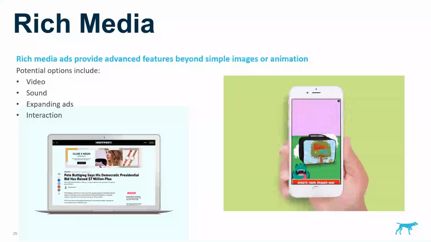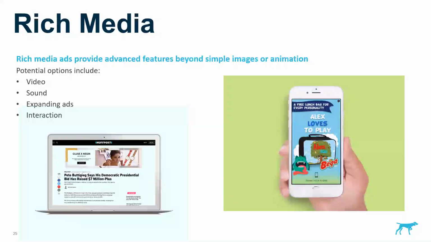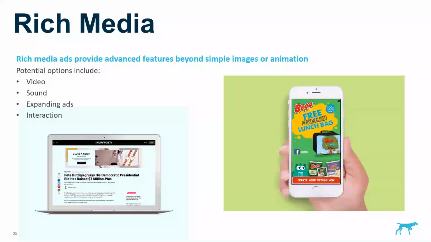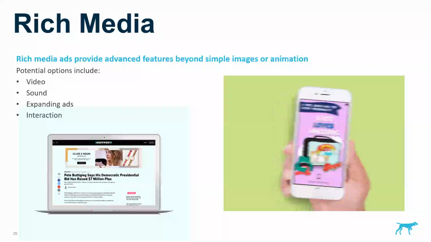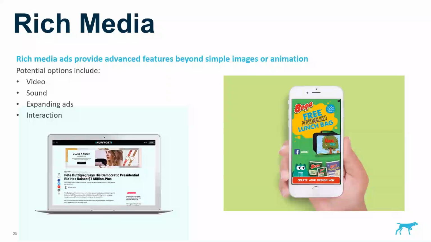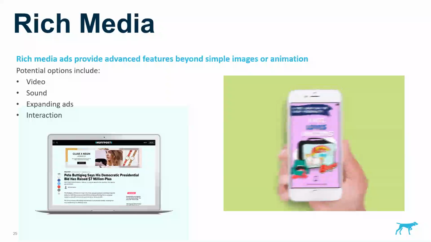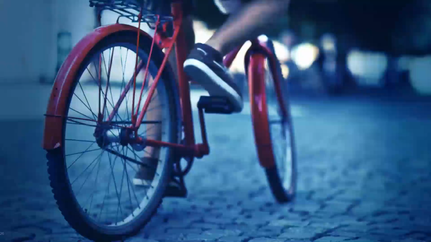Other than that, often just video is used, not like a YouTube video, but a video within the ad image itself. There's sound, there's expanding ads. You might see a movie trailer and it says hover over the banner, and then the little screen will pop down and you'll see the full trailer, that sort of thing. So these are designed to just get higher engagement, but the coding behind them is a lot more complicated. Therefore, it's a little bit less accessible. So that's just the very quick introduction to display as a whole.